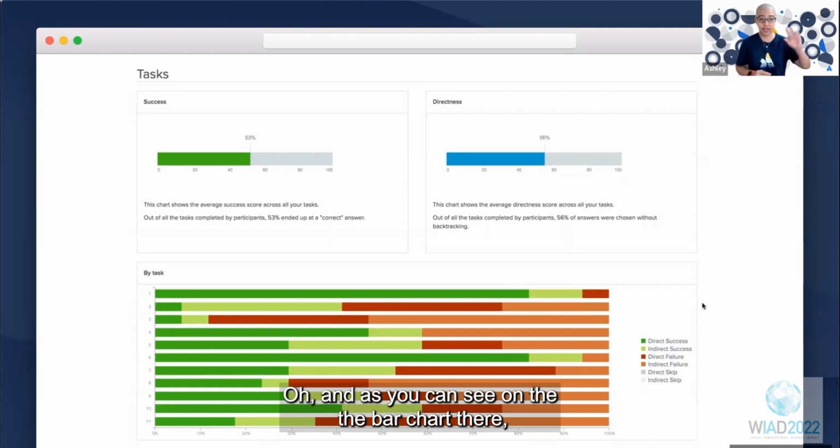Oh, and as you can see on the bar chart there, the green bars are just slightly over the red bars, which pretty much tells us that we're on the right track. So that's good. Again, I have to reiterate, user testing sessions are very critical to this process, because by thinking